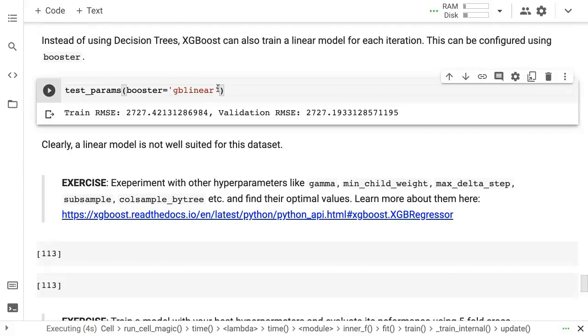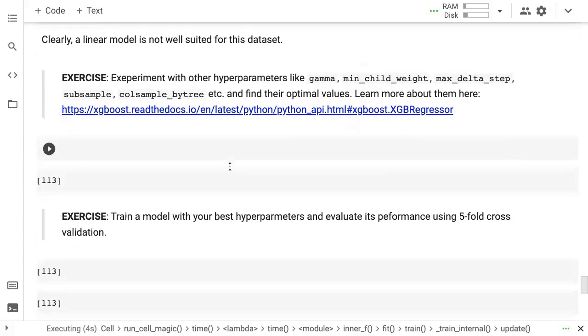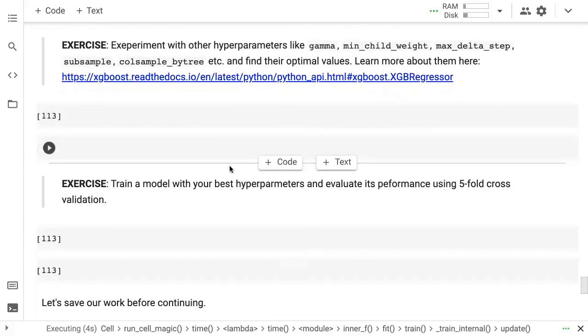Now, what will happen over time is as you train dozens of models or maybe hundreds of models, you will start to get a feel for how all of these hyperparameters interact with each other and which kind of hyperparameters are better suited for which kind of data. A lot of this is fairly subtle in the sense that it is not something that is documented explicitly. It is not something that a lot of people are even able to express clearly in words, but it is something that they know, something that they understand. It's kind of like a muscle. So the best way to become good at machine learning is to just train a lot of models, like every day, just be training some model on some data set.